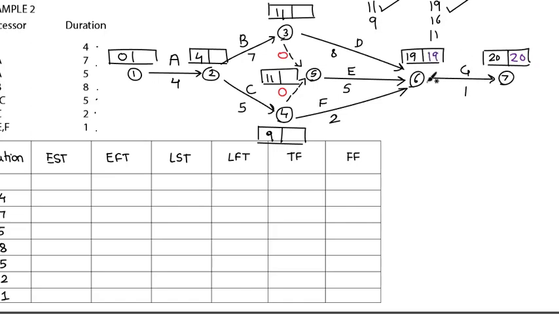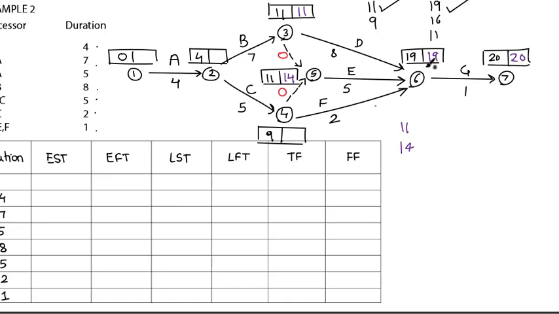Coming back to node 3, I have 2 parts. 19 minus 8 will give me 11, while 19 minus 5 will be 14, and 14 minus 0 will give me 14. So 11 and 14 are the 2 numbers for this box. The smaller one is 11, so I'll go for 11.